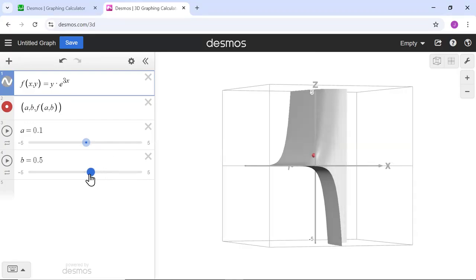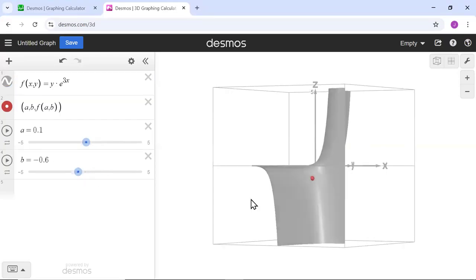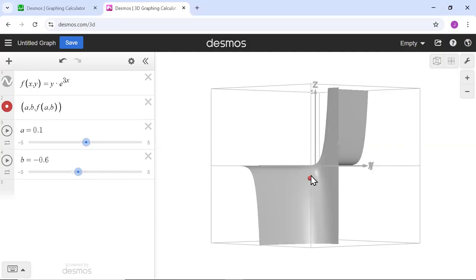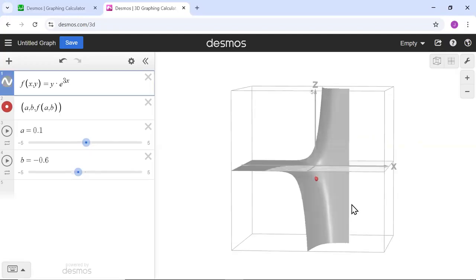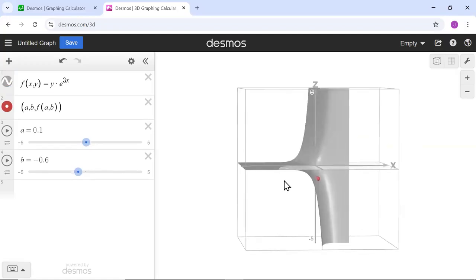If I move that to some other place, let's say we move it here, there's other points near it that are above and other points near it that are below. Even if we move that over here,